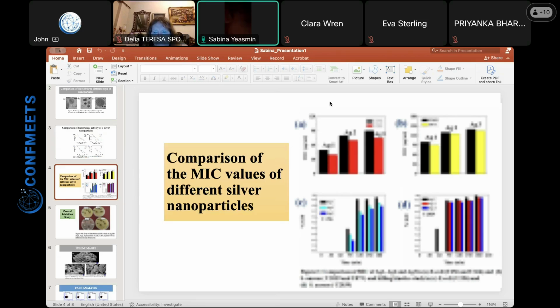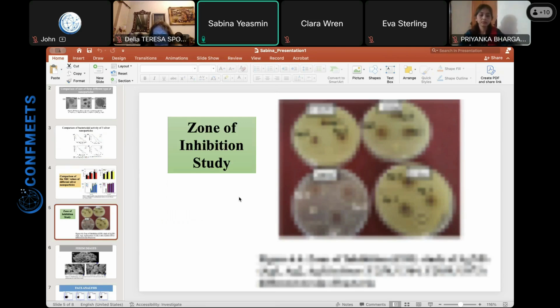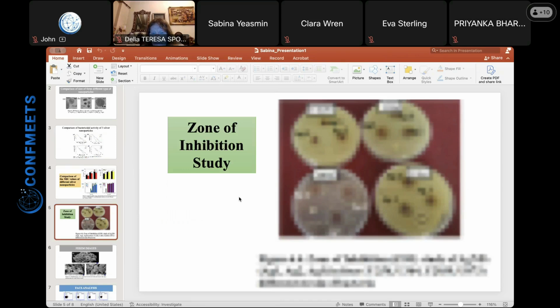It can be killed more efficiently by the silver nanoparticles. So we can tell that it is not only the concentration and activity of silver, but also